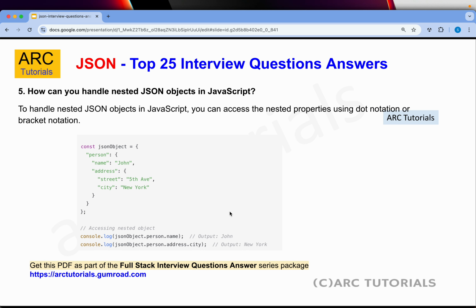The next question is, how do you handle nested JSON objects in JavaScript? You can have nested objects in JavaScript. You can just access the children using the dot notation. Take an example here, you have the person key. Inside that we have a child or nested JSON, which is an object address. To access it, we'll use the dot notation. If you are using modern TypeScript, you can also add a question mark to check whether that entity is available or